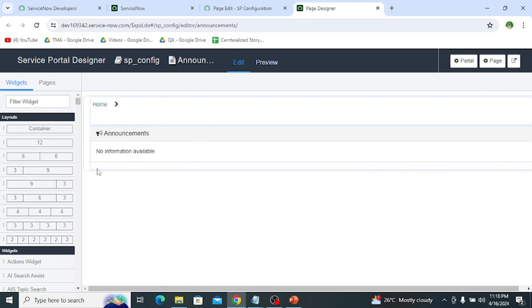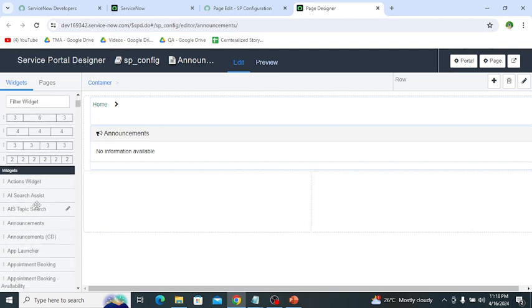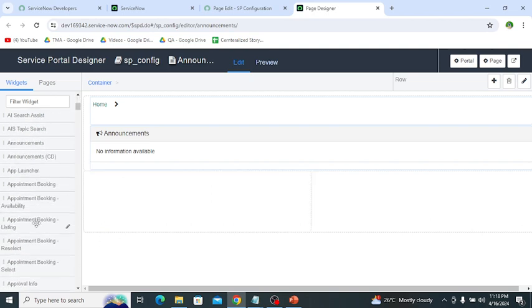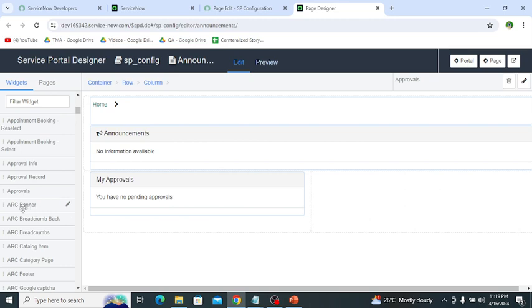If we want to add a new container, then we simply drag a container here, and then these are the list of available widgets. We can simply add a widget, for example, we add the approval widget, and for example, ARC banner. So in this way we can add different widgets to the pages using the service portal designer.